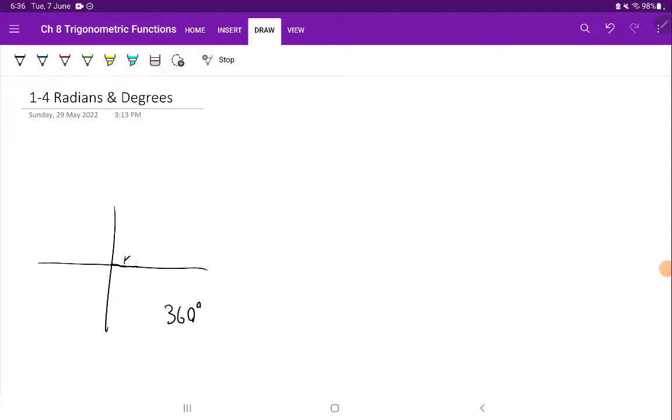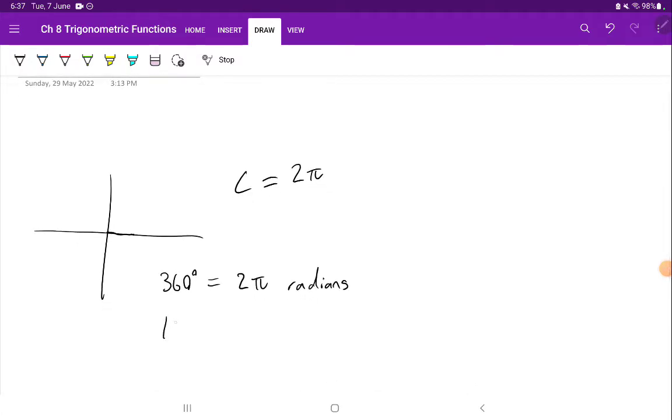Well, given any radius, if we want to work out the distance around a circle, we could just use the circumference formula, 2 pi r. So, in general, we can kind of ignore the radian, because we're often going to be using a radius of 1. That means the circumference is going to be 2 times pi times 1, which is 2 pi. So what that tells us is that 360 degrees equals 2 pi radians. So a full rotation is 2 pi. Well, that tells us then 180 degrees is 1 pi